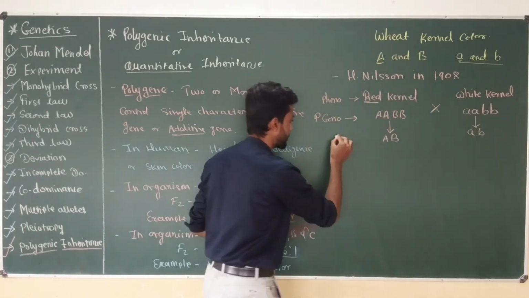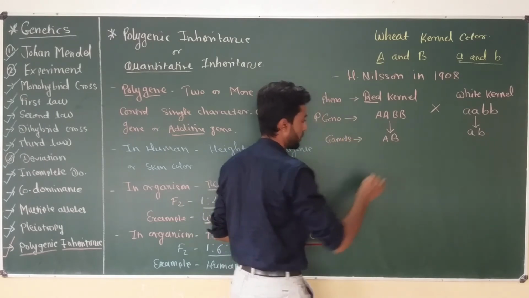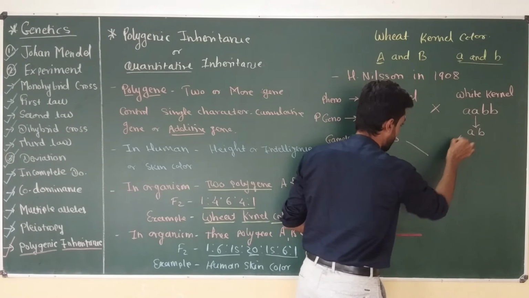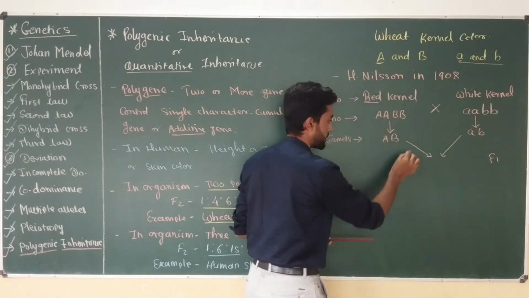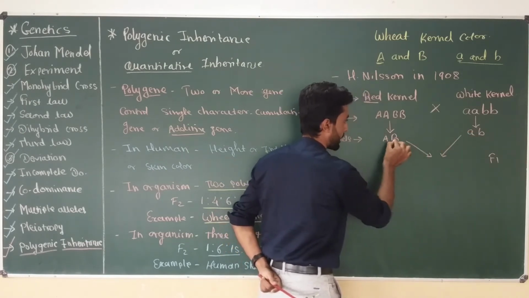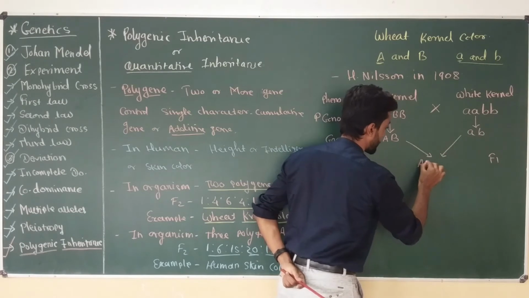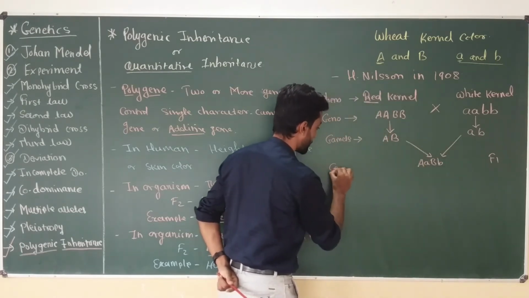So these are the gametes. Now they come together in the F1 generation, and the genotype of the F1 hybrid becomes capital A, small a, capital B, small b. So this is the genotype of